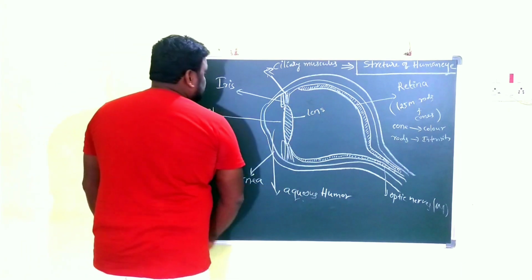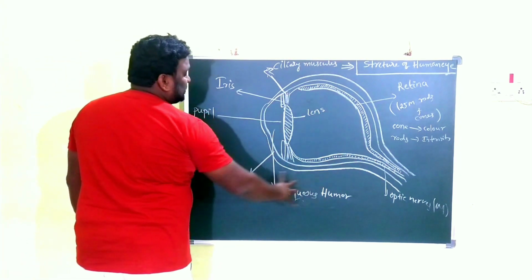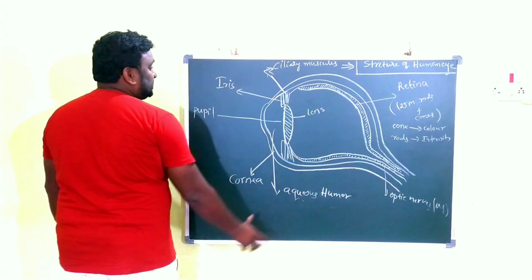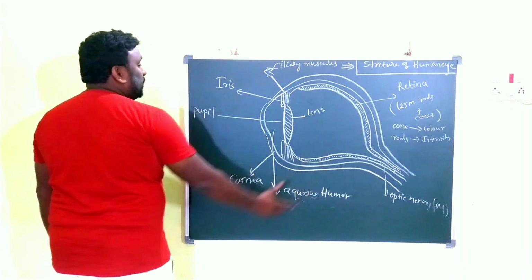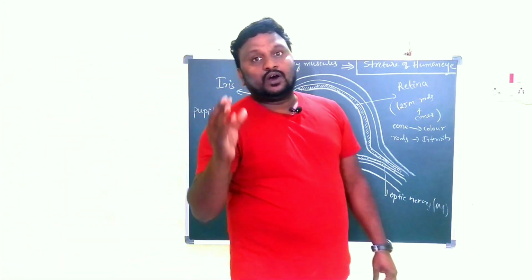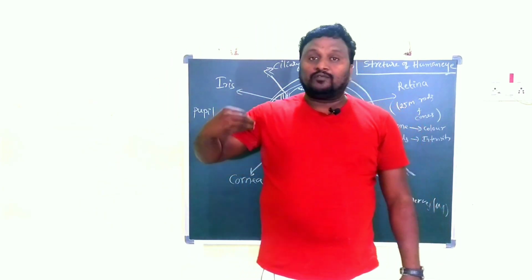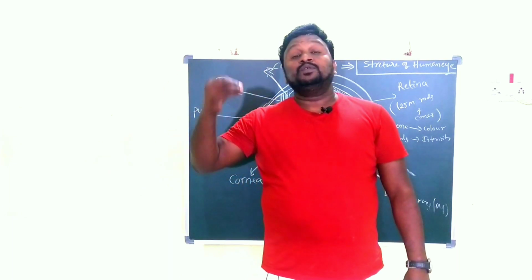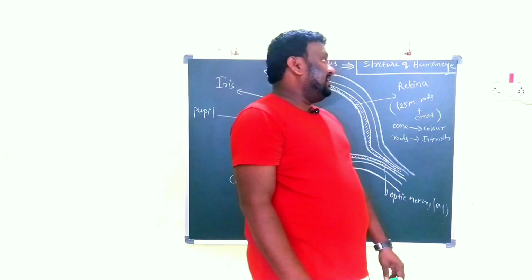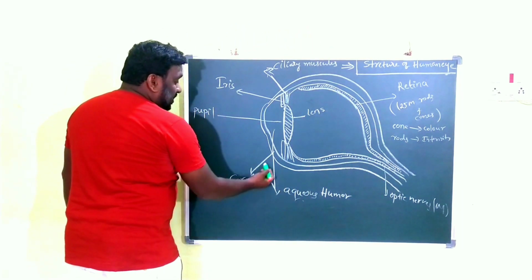What you have to observe in this diagram is the number of parts of the human eye. First you check how many parts there are. Later we will discuss the functioning of every part. Clear? First we have to observe how many parts there are and where they are in the diagram. After watching clearly, we will go for further explanation of how every part functions. Clear? So first, this is the cornea.